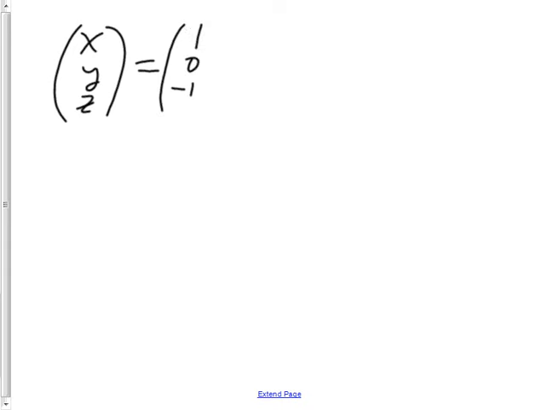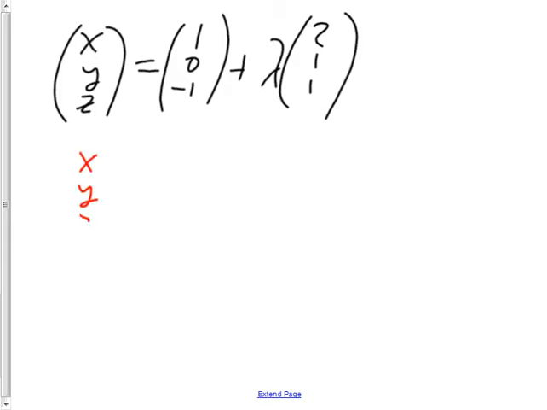X, Y, Z equals 1, 0, negative 1 plus lambda 2, 1, 1. And X, Y, Z, I'll do this one in red. X, Y, Z equals 2, negative 1, negative 2